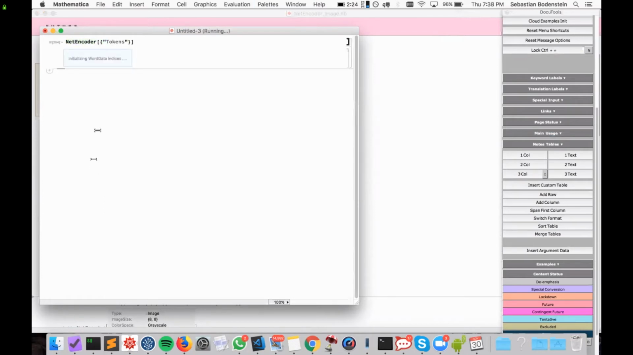All right, what is the bigger picture of NetEncoders? I mean, they're functions, right? That's what they are. They're functions that take arbitrary data and produce tensors, numeric tensors or something. Right, but they are functions that have,